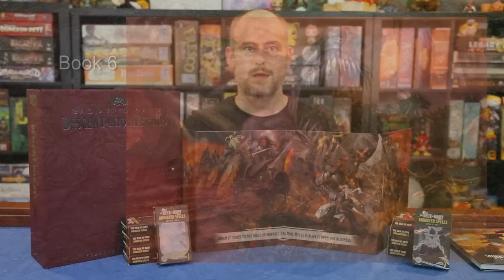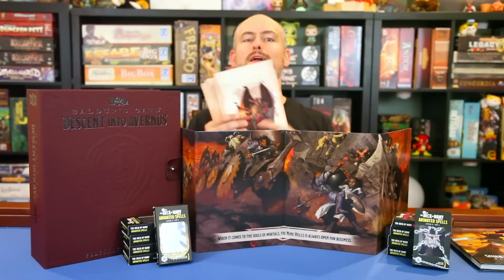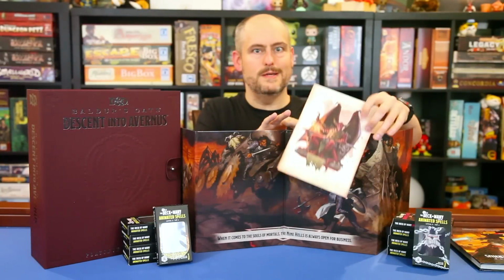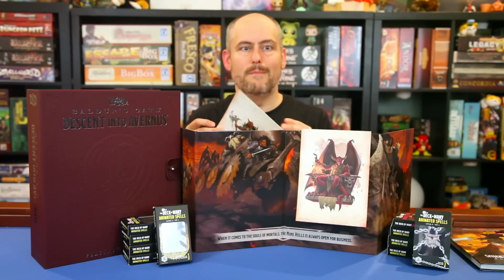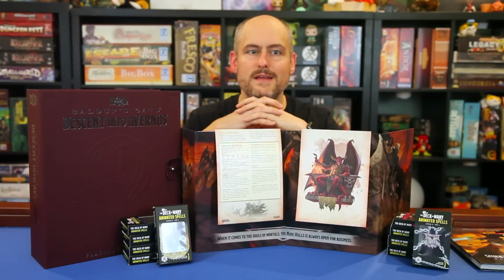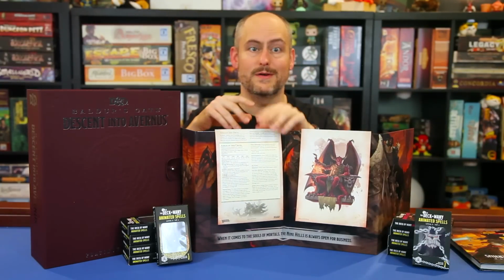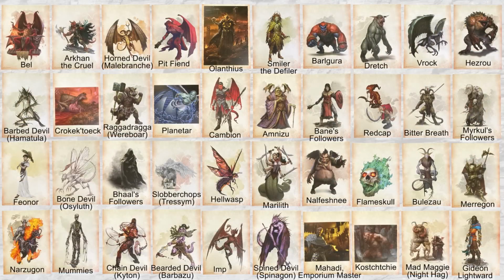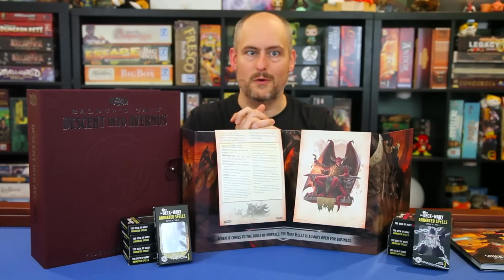next session. Encounter cards are another regular inclusion in these sets. They are designed to sit atop your DM screen so you can have all the monster and NPC stats at the ready while your players are able to see the official D&D art of the creatures they're encountering. There don't seem to be any cards in this set that were in prior special edition sets. You'll find 40 cards in this set representing everything from Slobber Chops the Tressum up through Bell, the former Lord